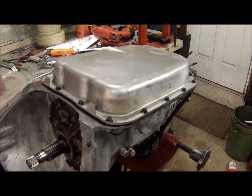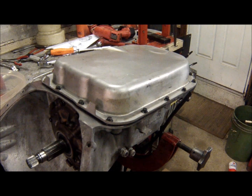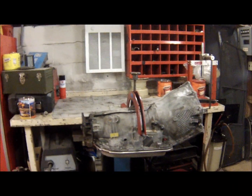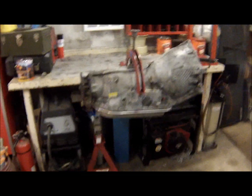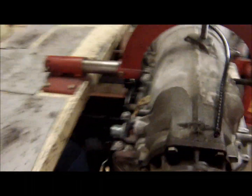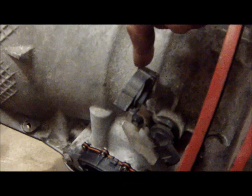That looks like she's done. All right, so we're done. The speed sensor's back in place over here. We installed a new manual lever position